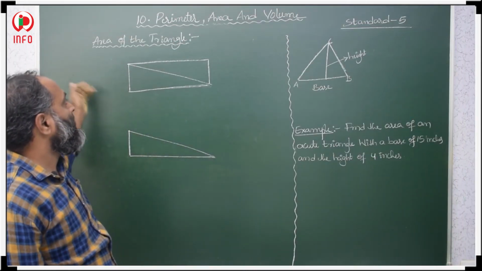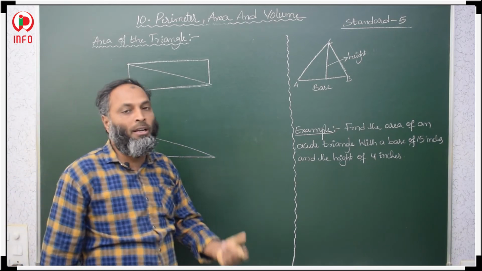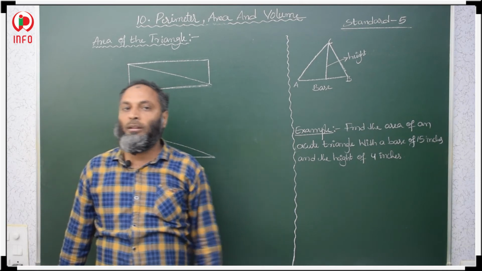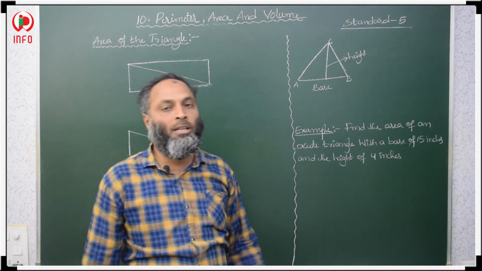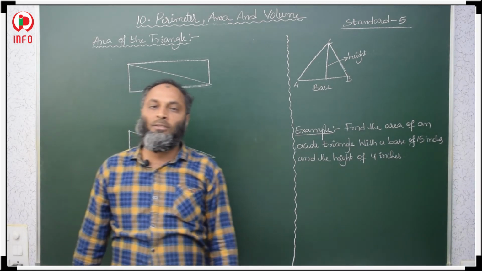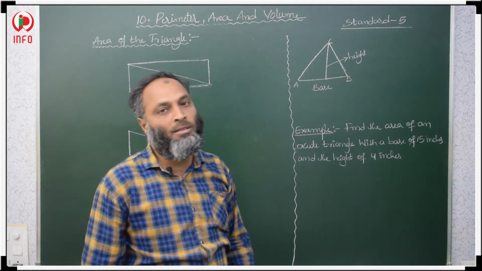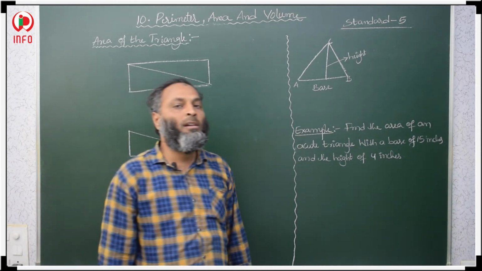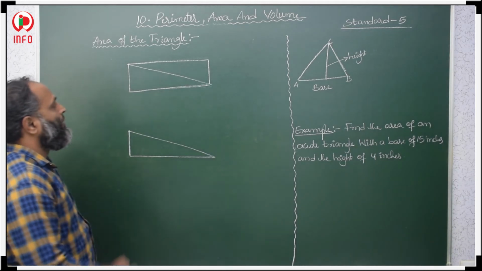Now students, next, area of a triangle. Area of square and area of rectangle is over. Area of a rectangle is length into breadth. Area of a square is also length into breadth, that is side into side. In a square all 4 sides are equal, so that is why length and breadth are same. So we should take side into side, that is side square. Now what is the area of a triangle?